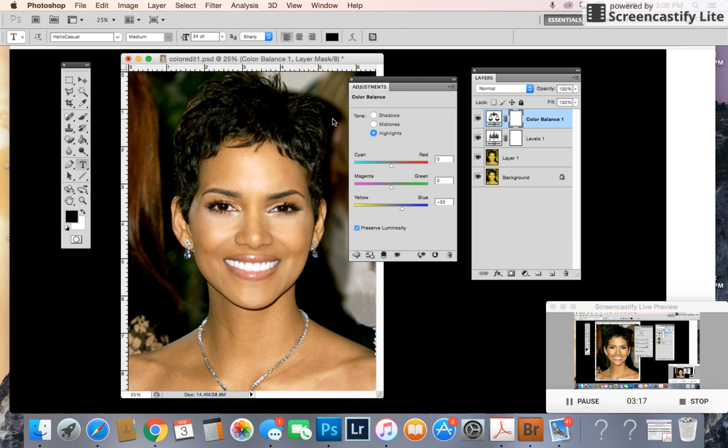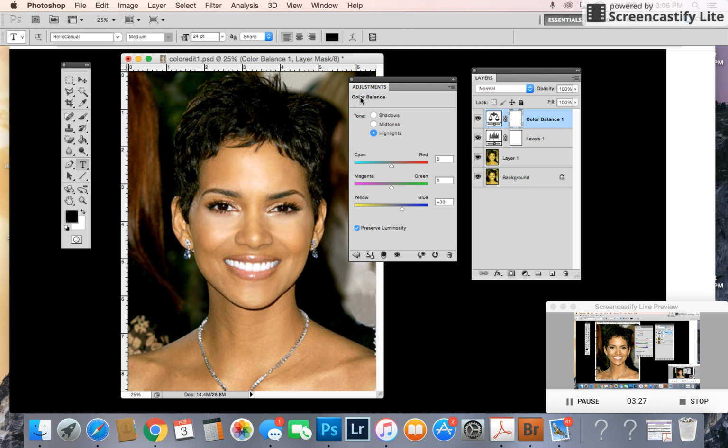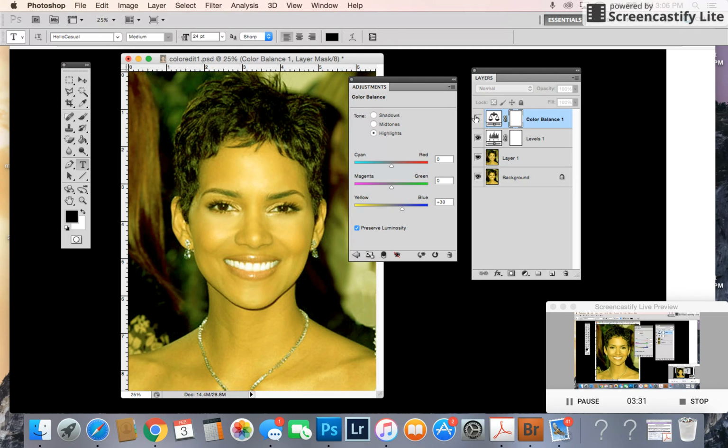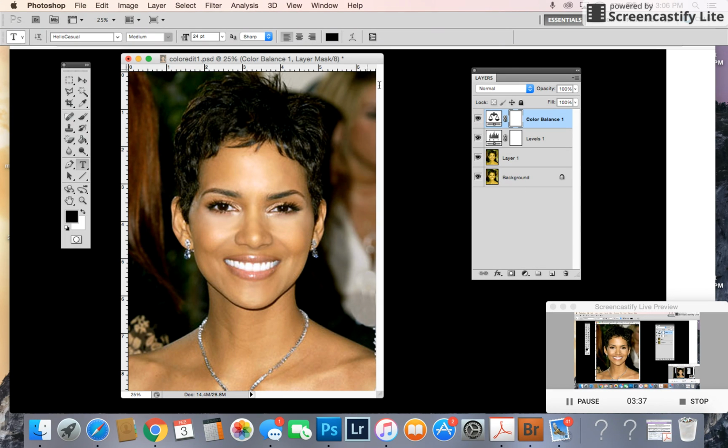Now, as you look at this image, your eyes are going to automatically adjust. So a good thing to do is to toggle back and forth between the visible and invisible option in your adjustment layer palette, or you can also go to your layers palette and click on the eyeball to kind of reset your eyes. When you're finished, exit out of the adjustment dialog box, and then we're going to go to our last step,